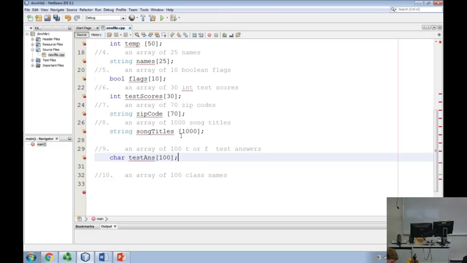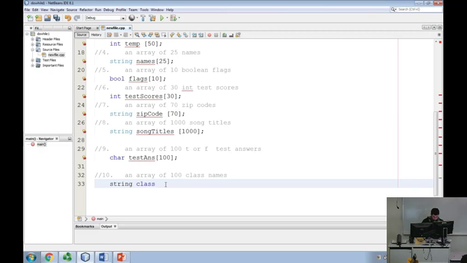Okay, so you get the idea of declaring arrays. Now we need to do something with them, right? So he's finishing 10. Good. So the next thing we need to be able to do is do something to the individual